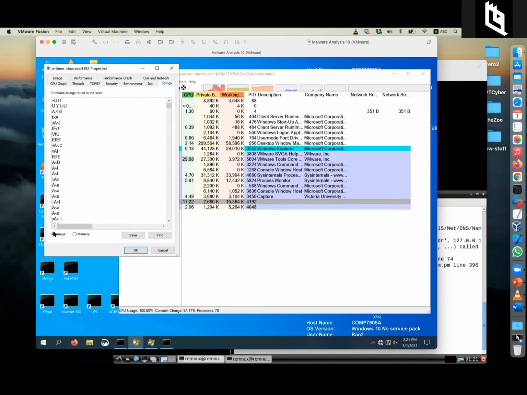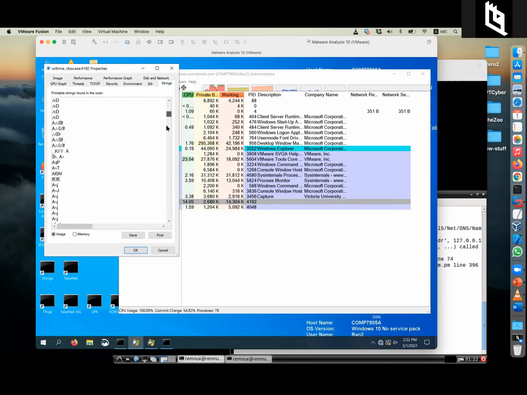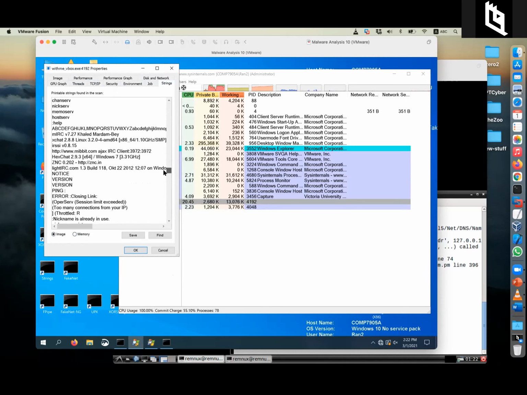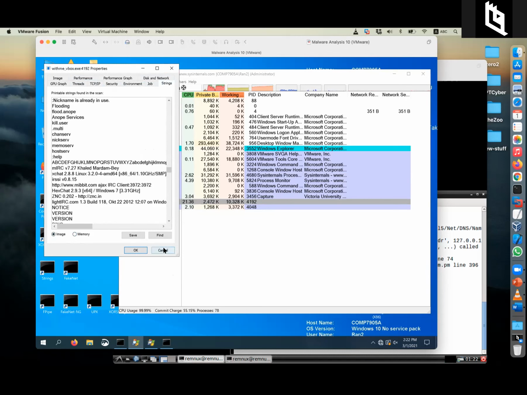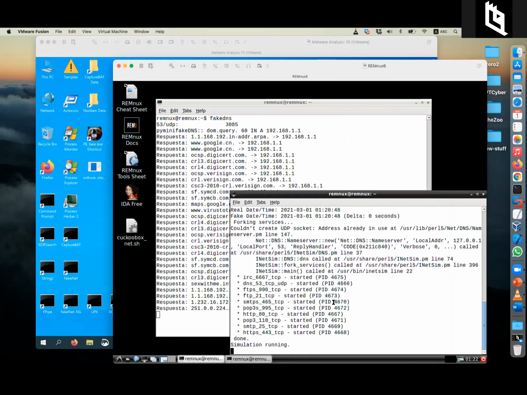And if you go to strings in the image, you will get this memory. You get a little bit different, but when you scroll down the content, both image and memory are more or less the same, because the image is not packed. Okay, so when I go to Remix machine, you will see that